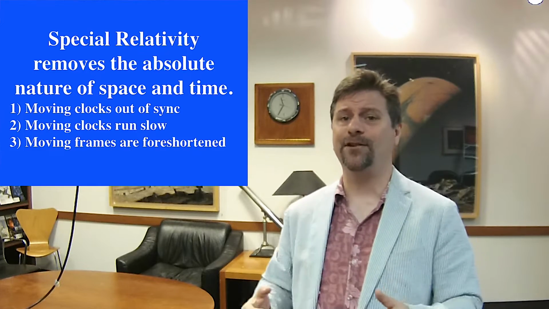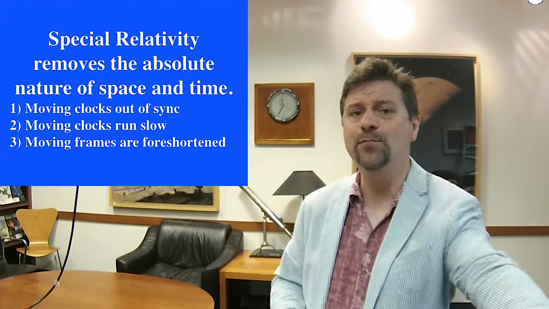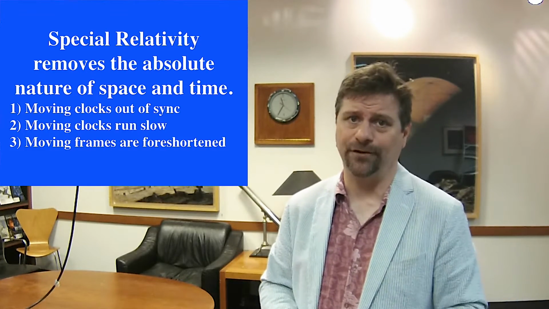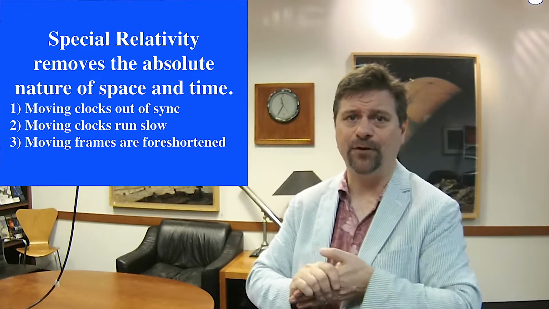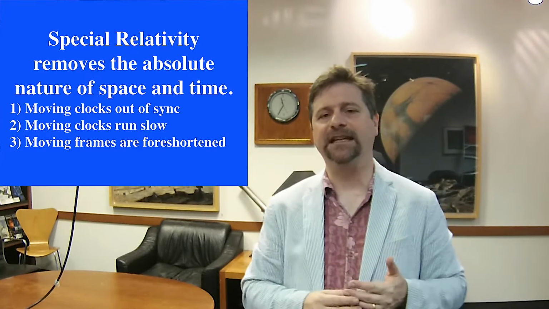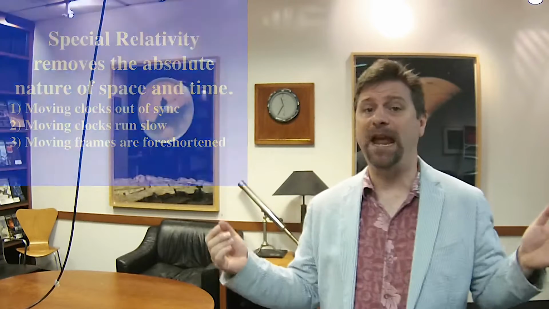So this is kind of weird, ain't it? And so it's a necessity that if the speed of light is a constant, no matter who's observing it, time is slower. The length that you measure for a moving reference frame is shorter. That's foreshortened in the direction of motion. The clocks are out of sync. So this is a big bunch of statements. Is it true? All right. Is it really, really, really true?